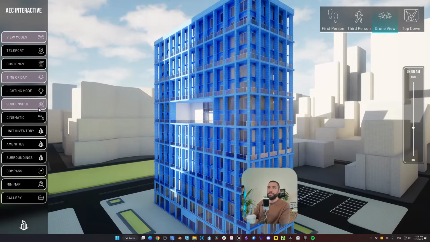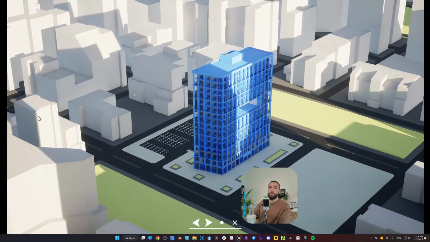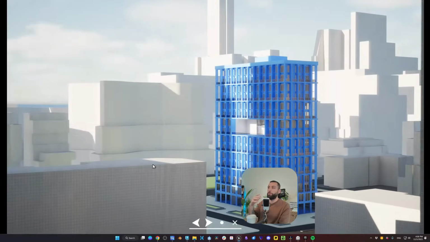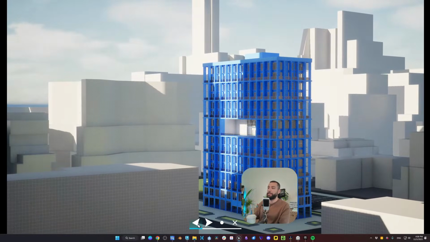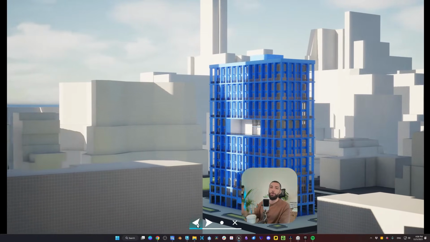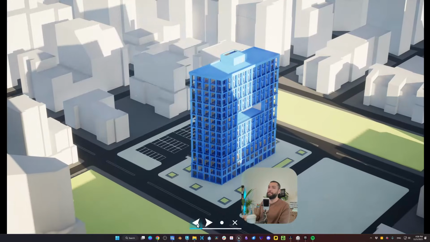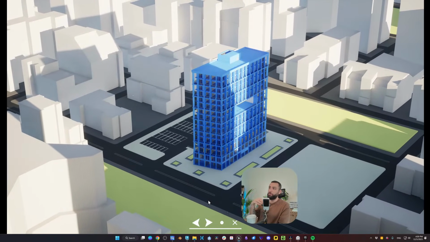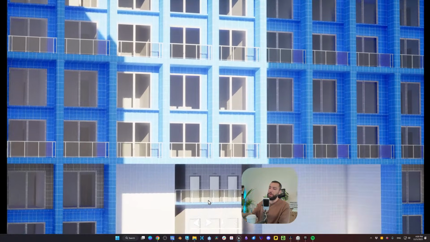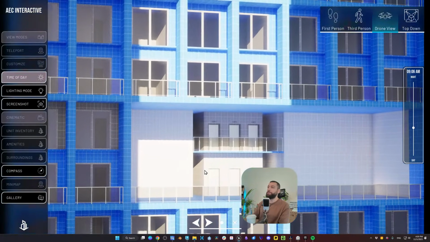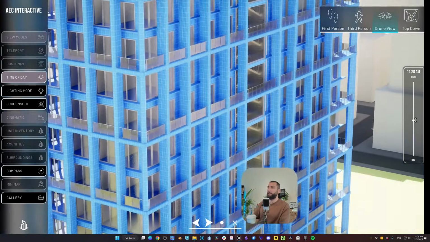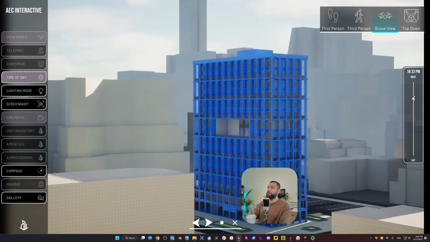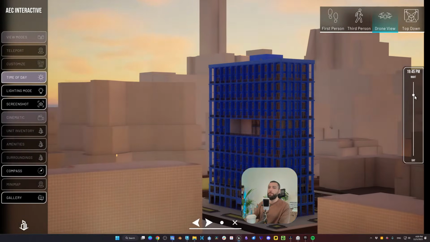In addition to the screenshot, we have a cinematic mode. So a cinematic mode is basically a sequence that you set up in your project, and it will play that sequence. It can play it forward or backward. So this is good for exhibitions, kiosks, and so on. If there is no one watching the project and you want to spark curiosity, you can play this mode. And this mode has some interactive elements as well. So while we are playing the cinematic, we can change time of day, like so.